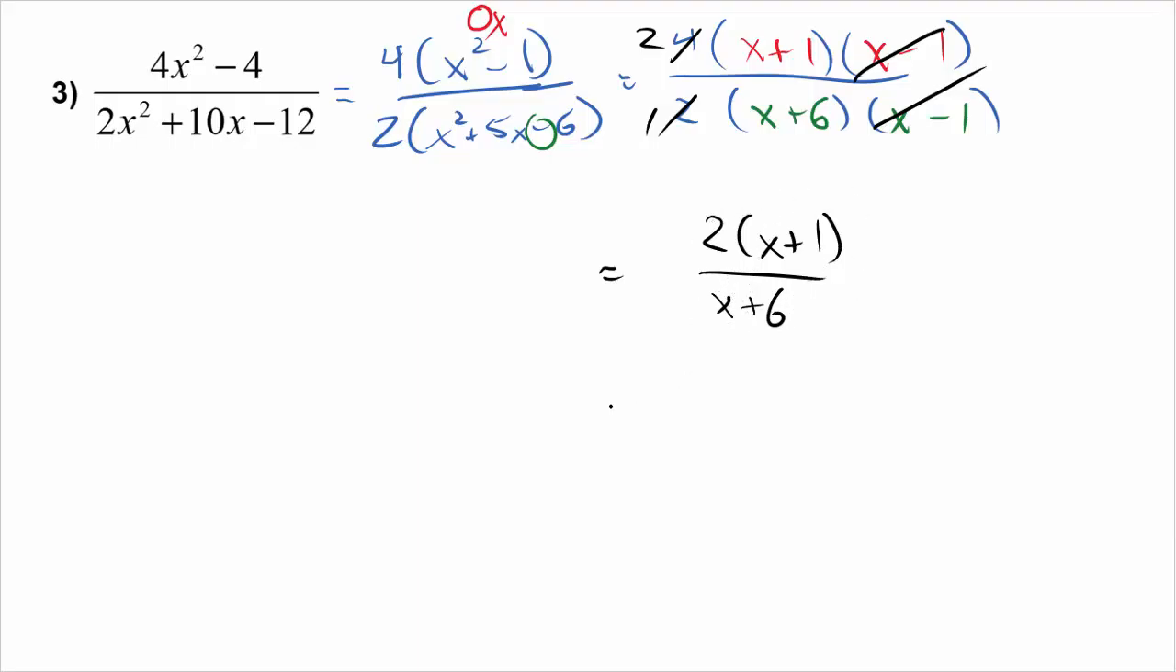You may see this answer, but you could also see them potentially distributing this 2 back in to write this as 2x plus 2 over x plus 6. So you could see either one of these answers. You might see this one or you might see that one. Just be prepared for either one of those answers. We're going to finally state the exclusions here. So if we go back,